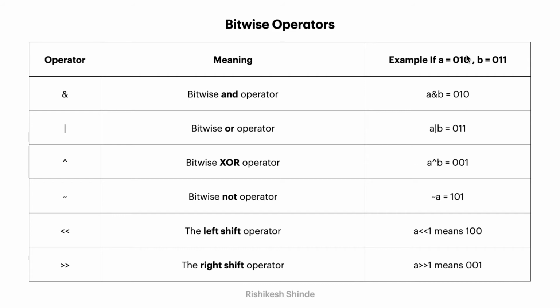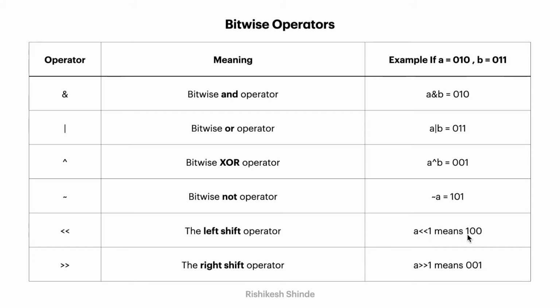So basically you can see here in A we have a single set bit, that is 1. The second bit is set. Whenever we have a bit value of 1, we say that that particular bit is set. If we have a value of 1 in that particular bit, then we say that the bit is set. In the left shift operator, it makes a left shift by one position and adds a trailing 0.